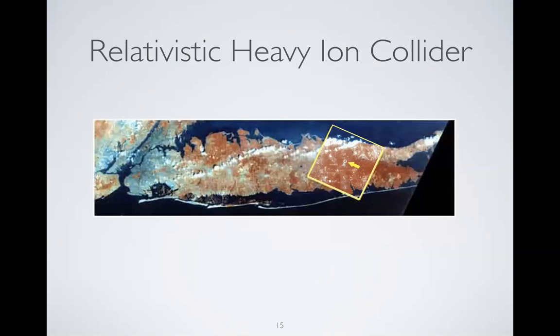So some of this heavy ion collision research is done at the LHC, but the more important lab where this is done is the Relativistic Heavy Ion Collider, or RHIC, at Brookhaven. So this is a satellite image of Long Island, and you can see there in the picture, there's a little ring there that the arrow is pointing at. So this is a false color image, but that's the accelerator tunnel there for scale.